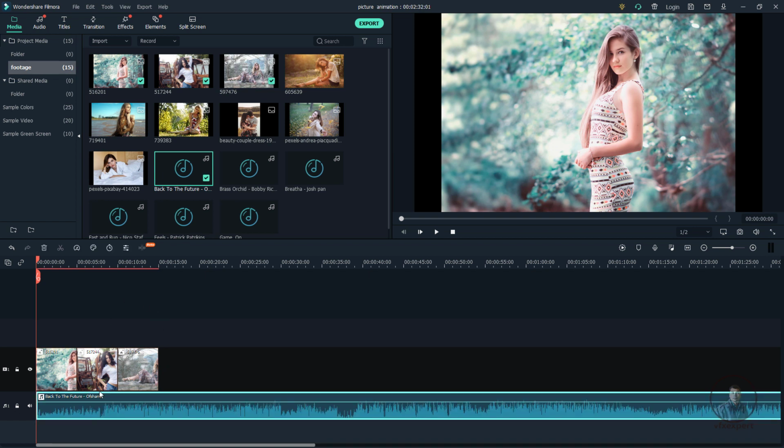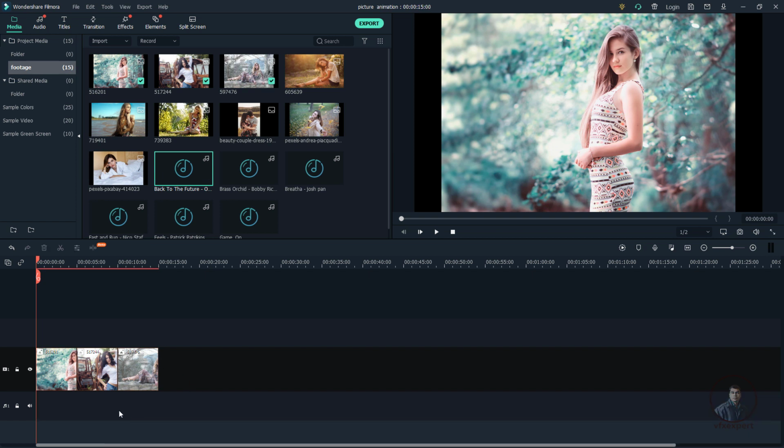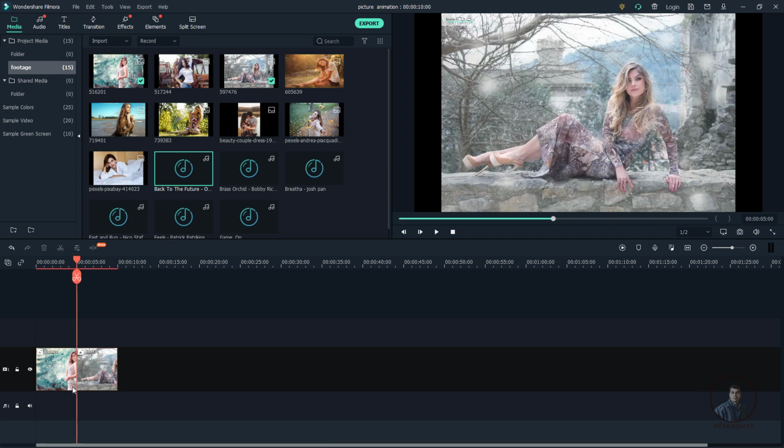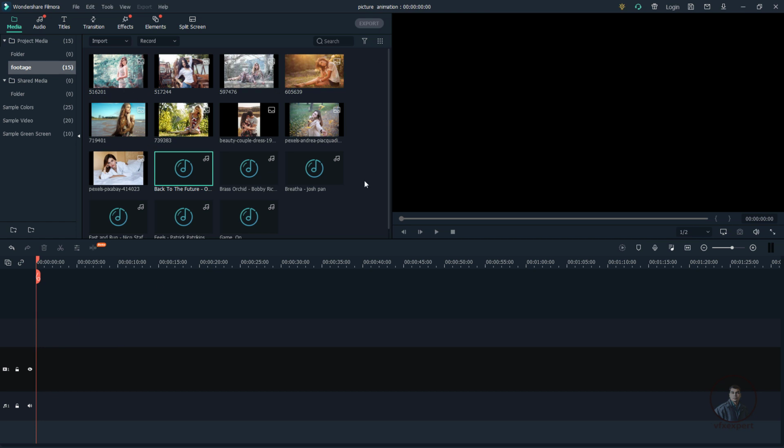Now after this, suppose you want to delete some files from this timeline, then simply you can select and press the delete button on the keyboard here. Even you can select these images and delete. Just select this middle one and simply press delete. Like this, you can delete media files, and this will automatically fill the gap here. This is because this option is checked here, which is auto ripple on. Now just delete all this media here, because we have to add all these images.